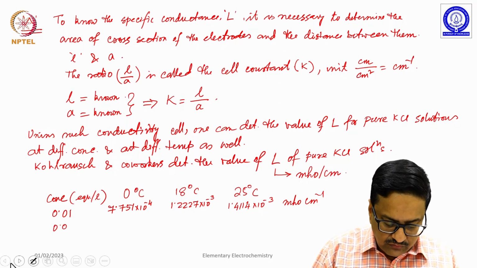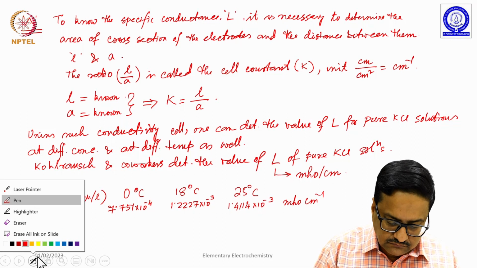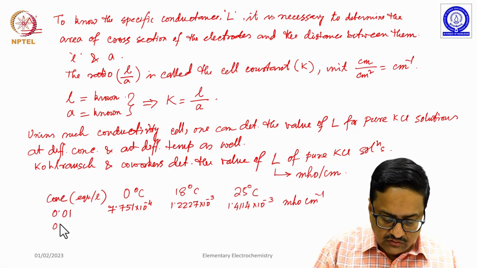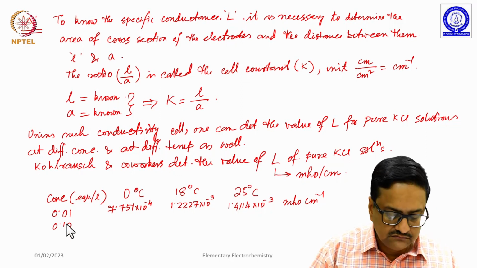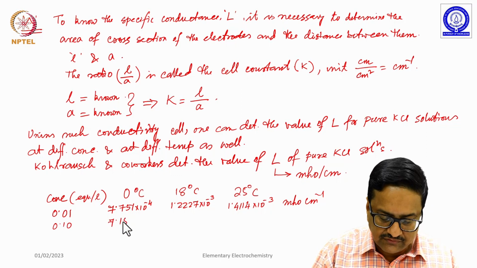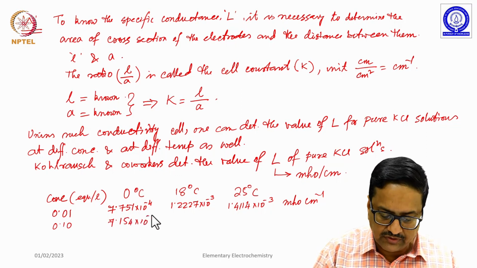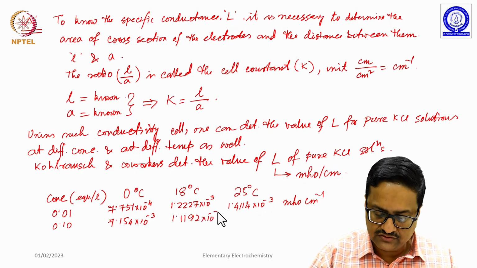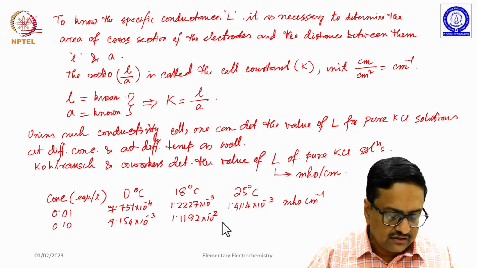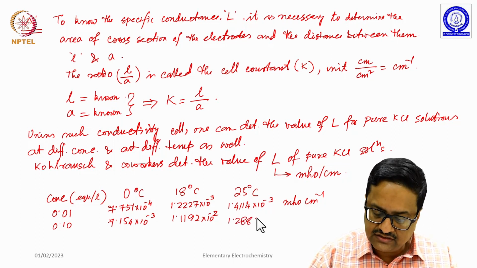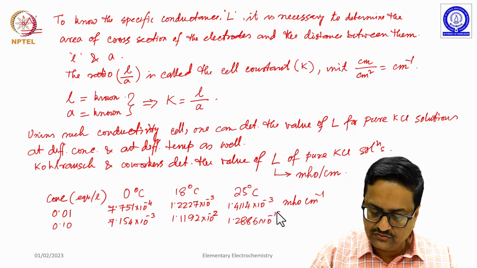At 0.10 normal, the value changes to 7.154 into 10 to the power minus 3, then it is 1.1192 into 10 to the power minus 2, and at 25 degree centigrade it is 1.2886 into 10 to the power minus 2,